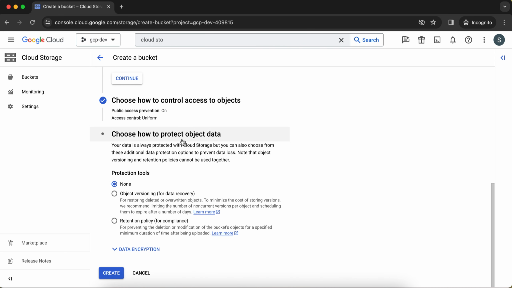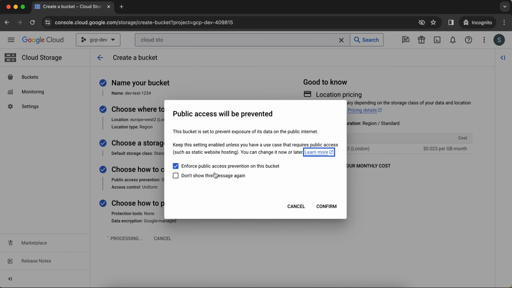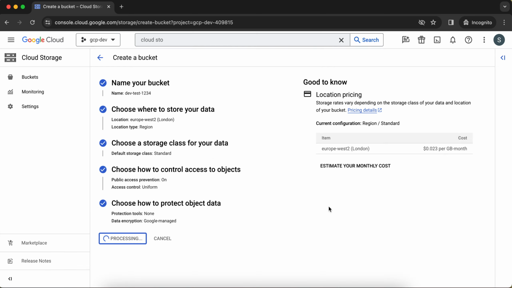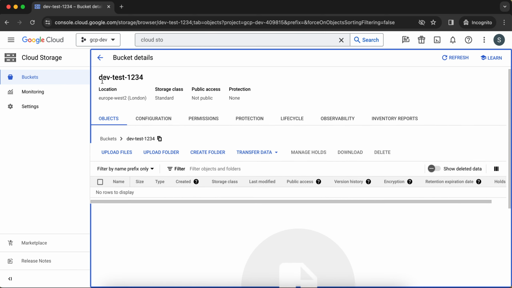choose how to protect object data. It is fine. It basically says how the storage mechanism should be, right? So for now it is okay if we just click on none. So click on none and then click on create. With this, it has created this bucket,